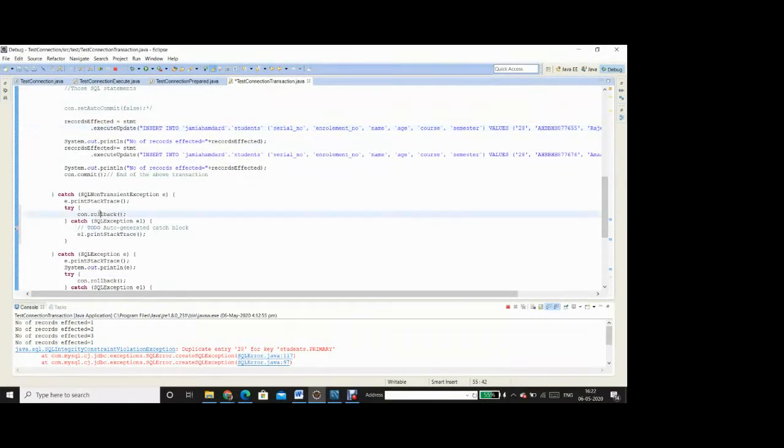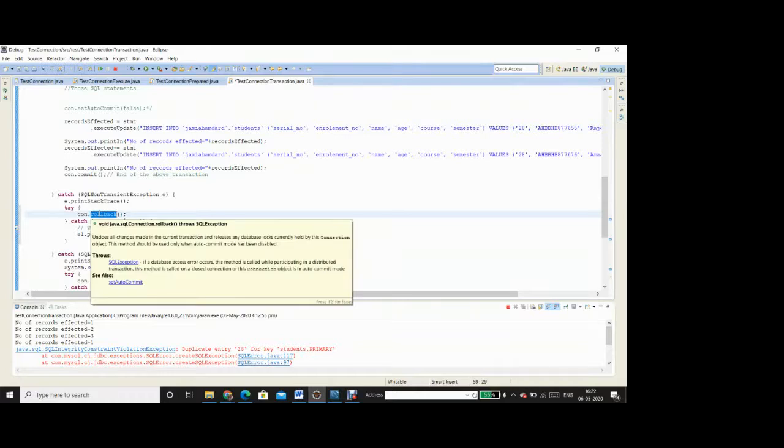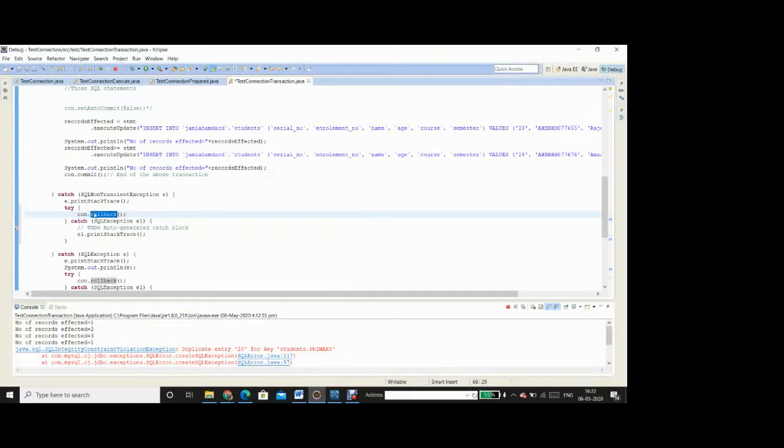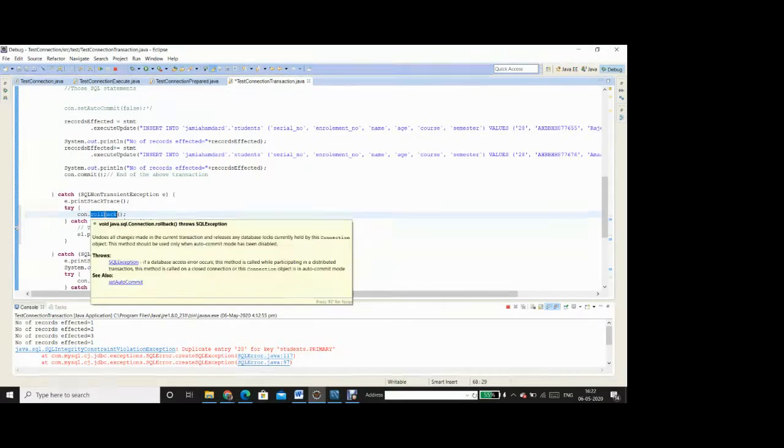So this means if we put this statement in the finally block, all the commits have already happened in case the statements are successful. So the finally block will still run, and when this attempt to make a rollback is done, or the instruction for a rollback is sent from the client to the database server, the database server is going to give me an exception that rollback is not possible, and that is why we have got a try catch block over here. See, the rollback method throws a SQL exception.